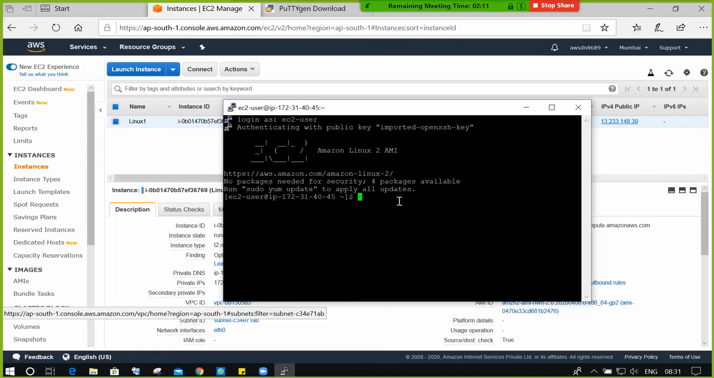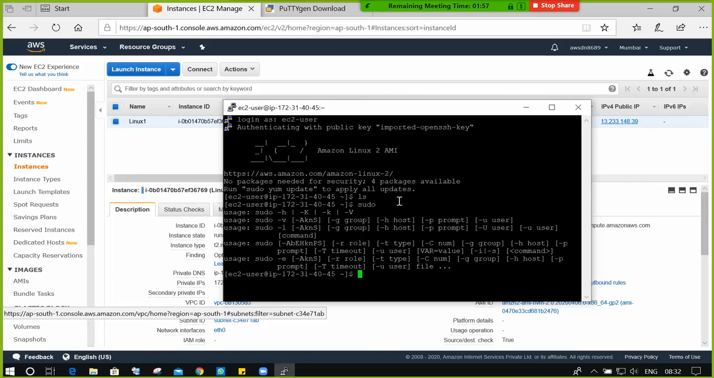If you know how to operate the Linux operating system, you can check that. For example, now I'm checking ls. So ls is not working. Better you can use sudo